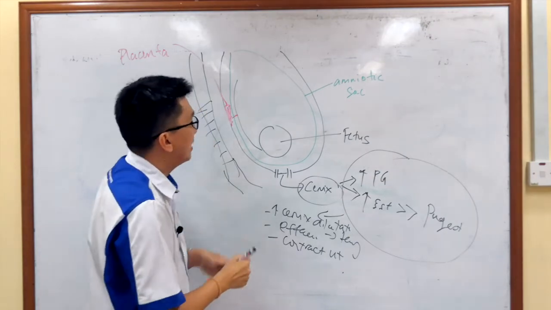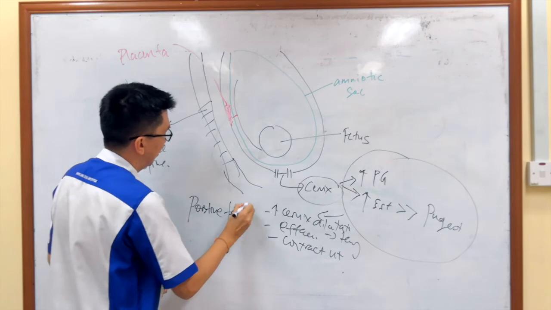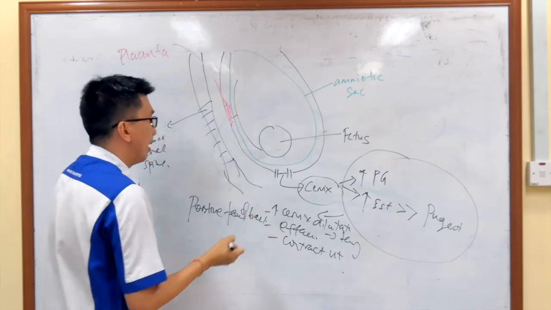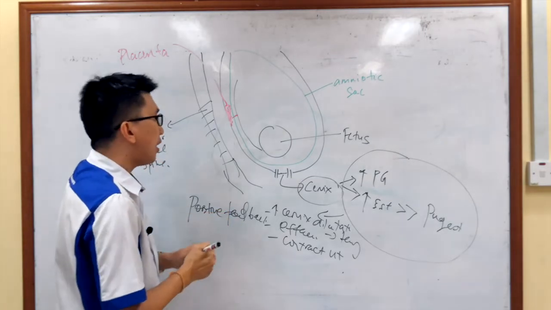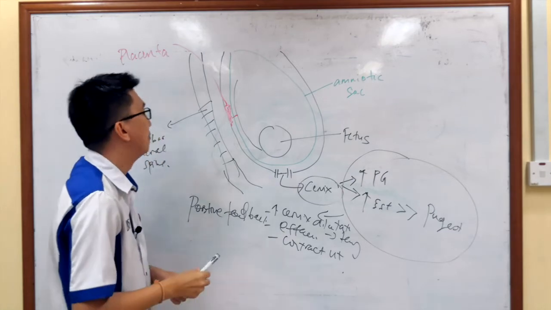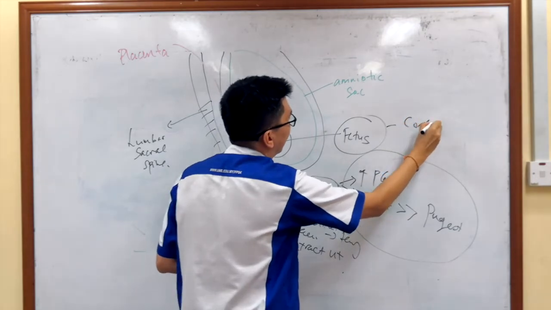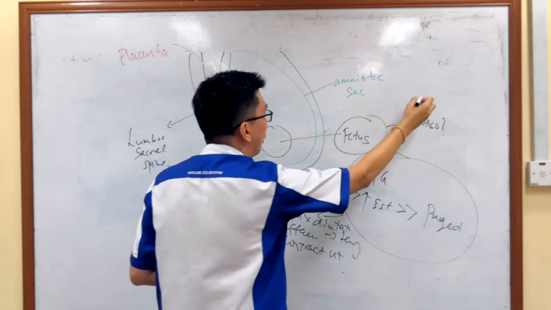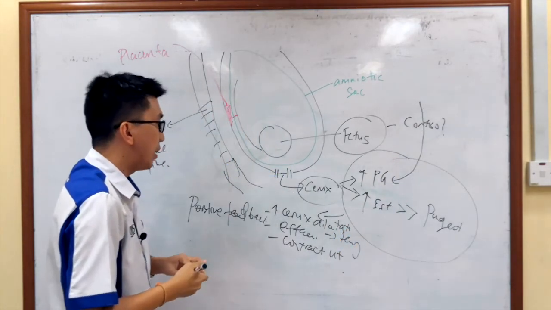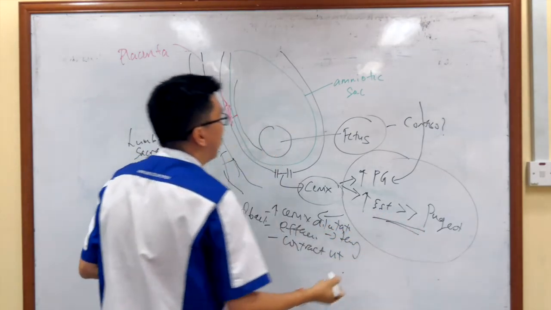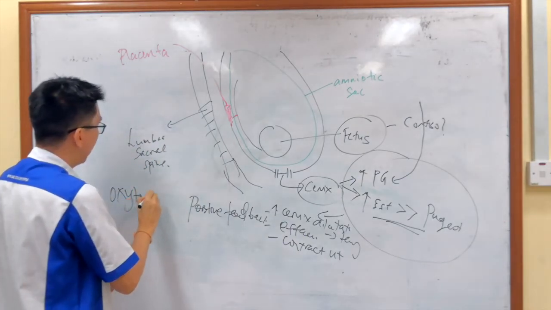So with this, it's a positive feedback reaction, whereby this will cause a further increase in the contraction and the effacement of the cervix. Also, don't forget, as we mentioned earlier, there's the role of cortisol. This cortisol will also contribute to the increased prostaglandin effect. That's number 2. Number 3, because of this estrogen effect, it will cause oxytocin to be released